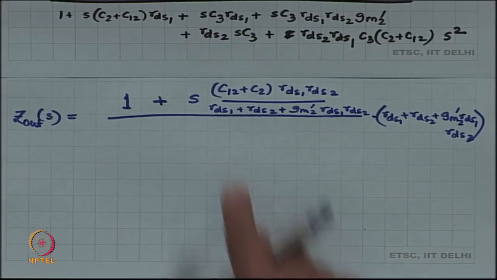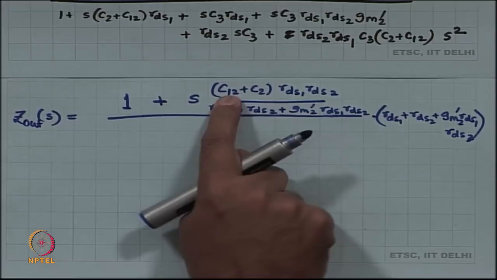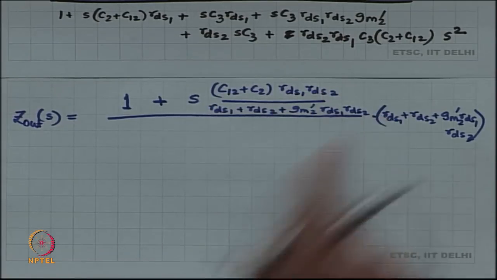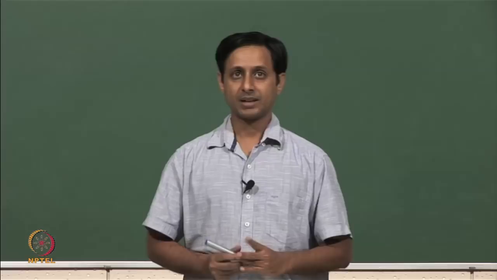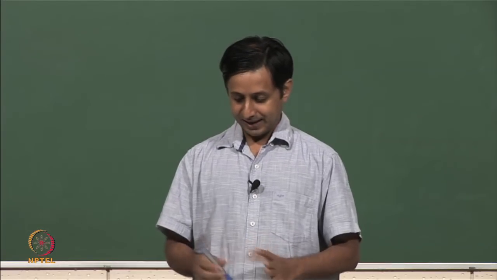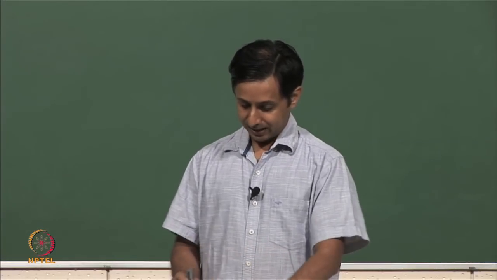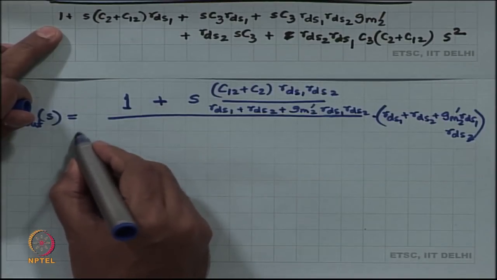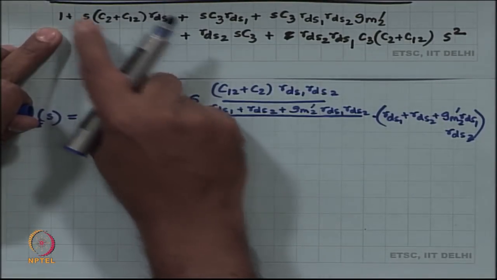Dimensions are correct. S C R. This is the numerator, and in the denominator I have got 1, which is the only DC term,